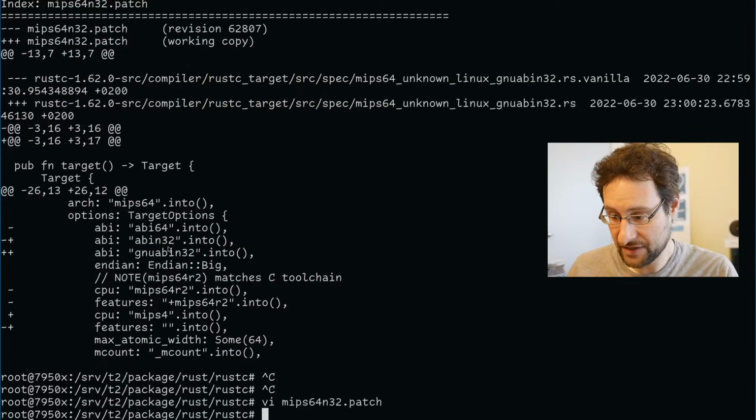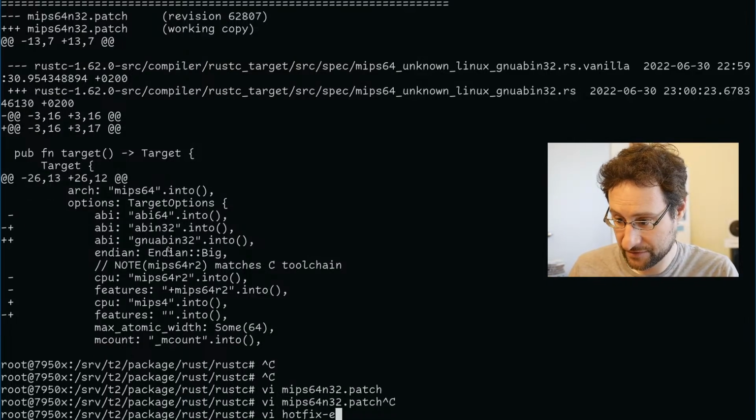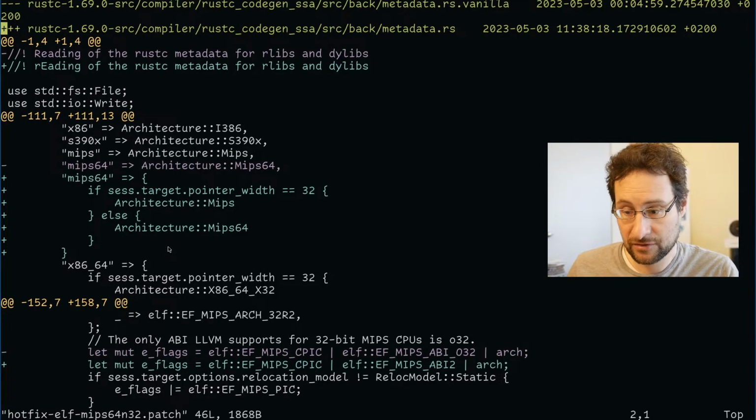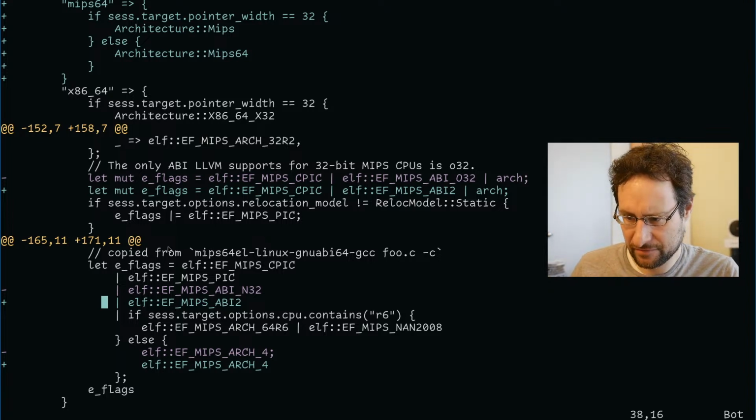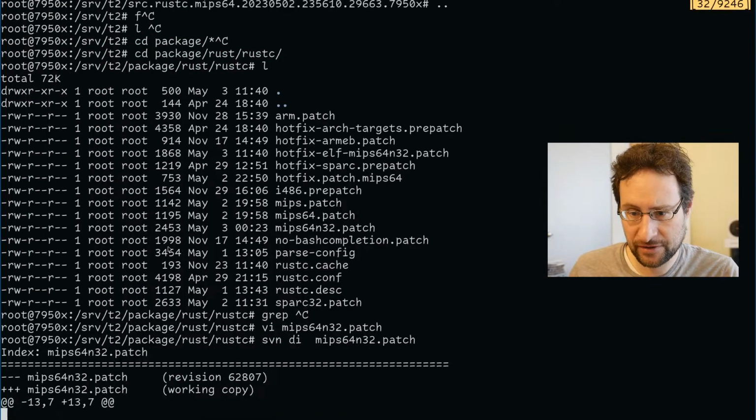The only thing is the other patch will now not apply. That is hotfix ELF MIPS, because we just modified it, probably. Yeah, now this will not apply anymore. So do I still have this in the scrollback?